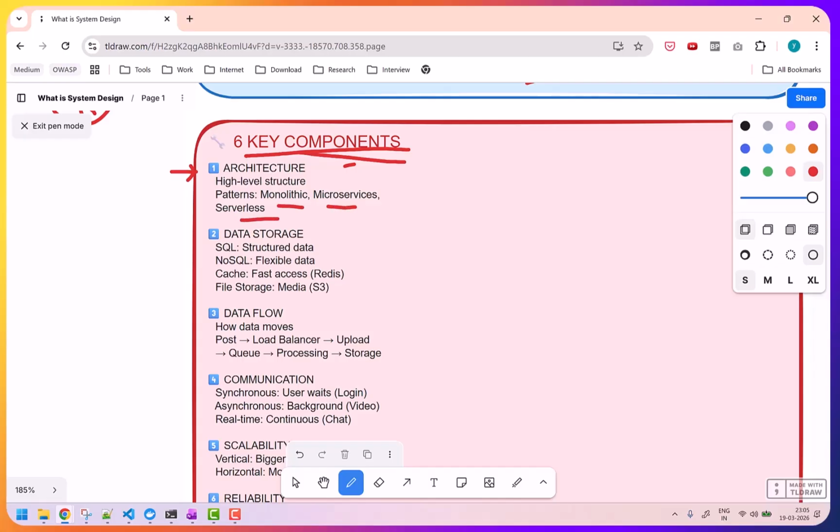In monolithic, all your application code is a part of a single service or component. That is your monolithic code. Microservices means your application is divided into small modules or tasks, and each task is a service. For example, when it comes to Instagram, there might be a photo upload service, a video upload service, a follower service, a comment service.